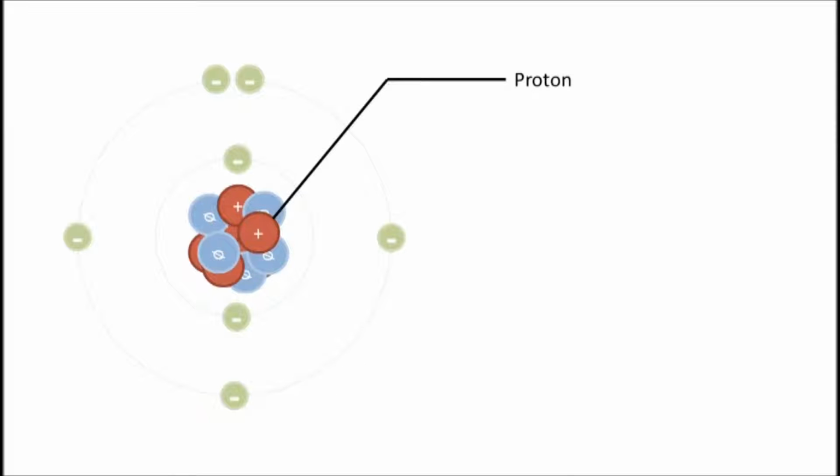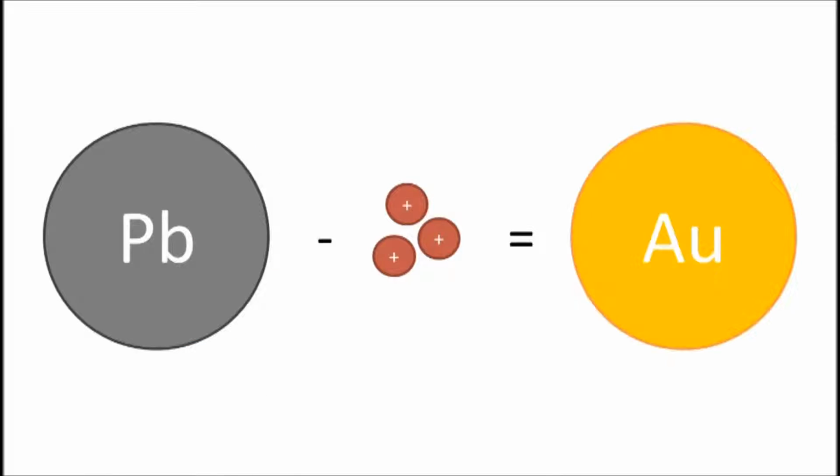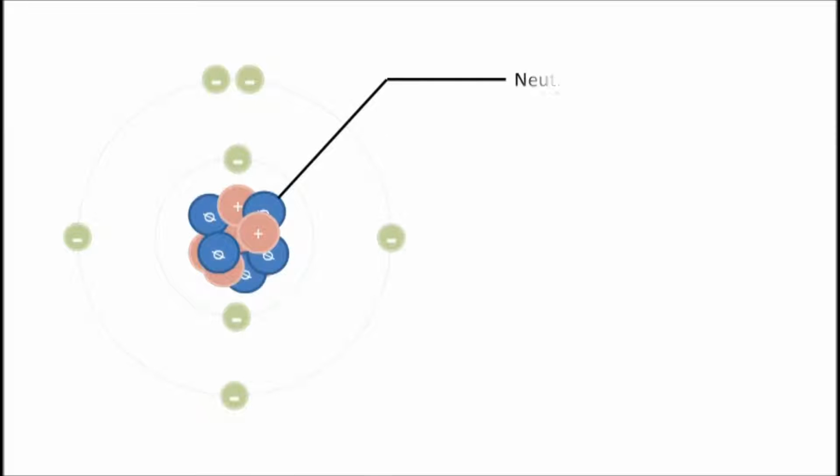The proton is an electrically positive particle and is the only one of the three subatomic particles that is constant, as it defines the identity of the atom. Remove three protons from a lead atom and it becomes a gold atom. Modern day alchemy. The neutron, on the other hand, is an electrically neutral particle and has the same mass as